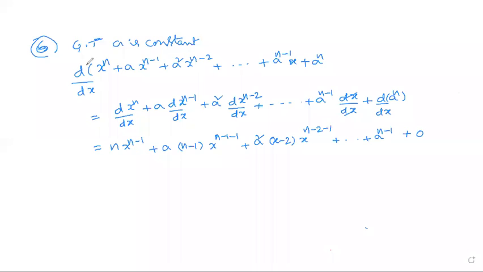The first step is the required derivative of the given function: x^n plus a into x^(n-1). A is a constant, he is telling. For a fixed real value, a real number is a constant. Next I will write the derivative symbol. Last problem I will send the recording one time. The third problem is the u by v formula. N into x^(n-1).